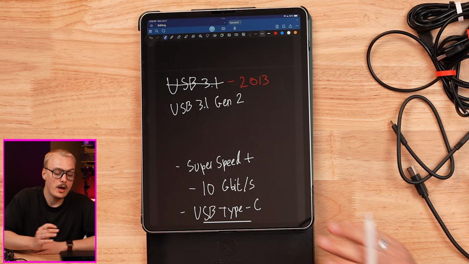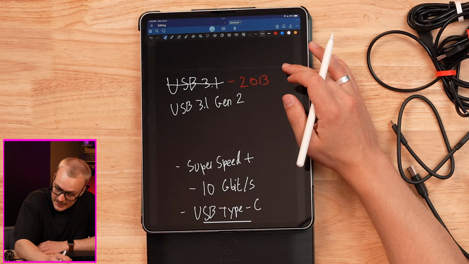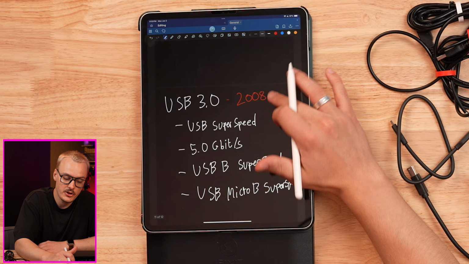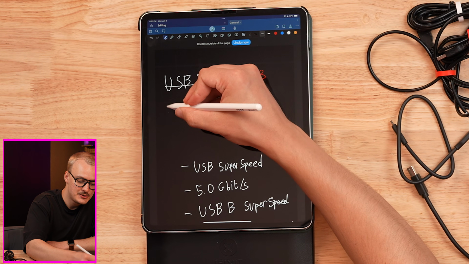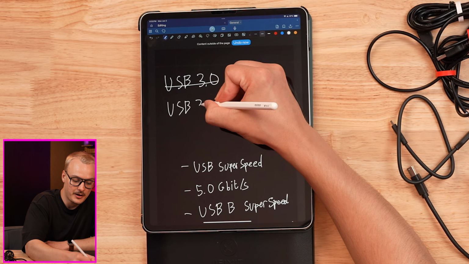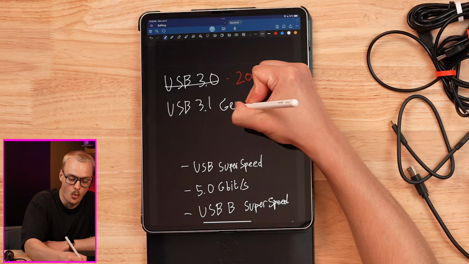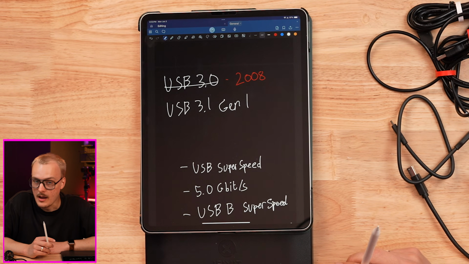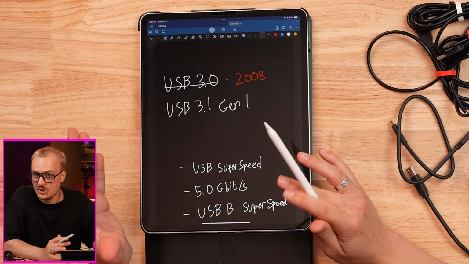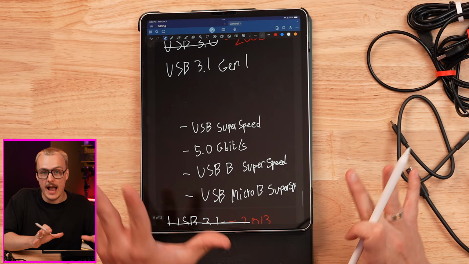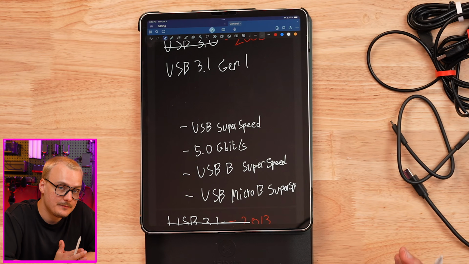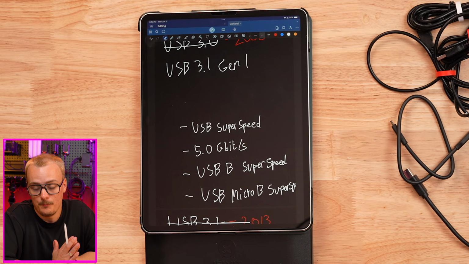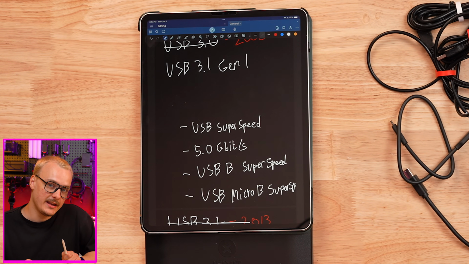Okay, what's Gen 1? Well, they proceeded to go back to the USB 3.0 and they renamed this one to USB 3.1 Gen 1. Yeah. Oh, and they kept all of 3.1 Gen 1's specs the exact same. Nothing about these changed. Now, this did actually happen, but there's a few very misleading things about it that I